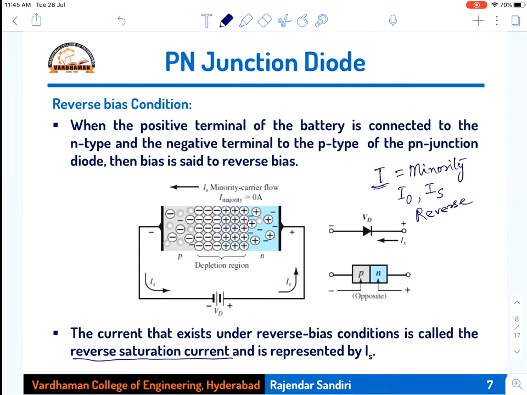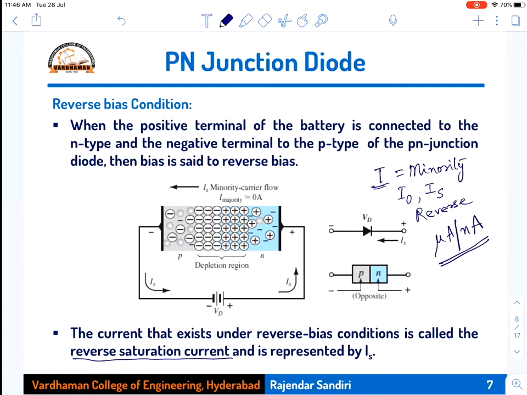These charge carriers are very small in number. Therefore, the magnitude of that current will be microamperes or nanoamperes. Very, very important: the magnitude of the reverse current is very, very small, while the magnitude of the forward current is large. Current flows in forward bias, and is almost zero in reverse bias. Ideally, forward bias it conducts, reverse bias it does not conduct. Ideally, the current is zero in reverse bias, large in forward bias.